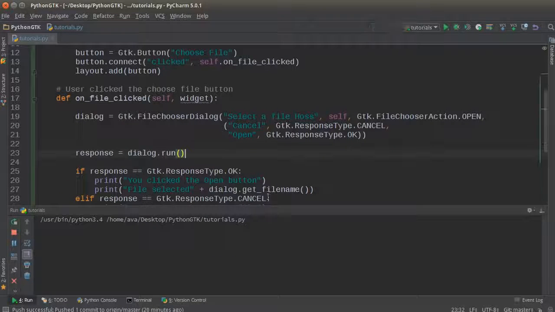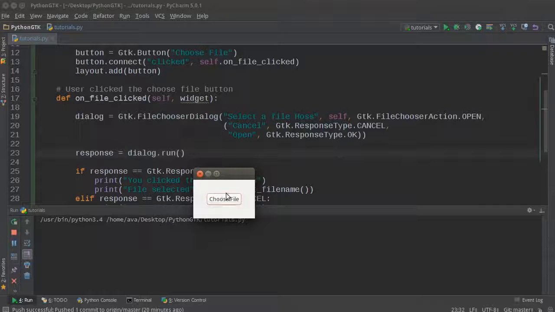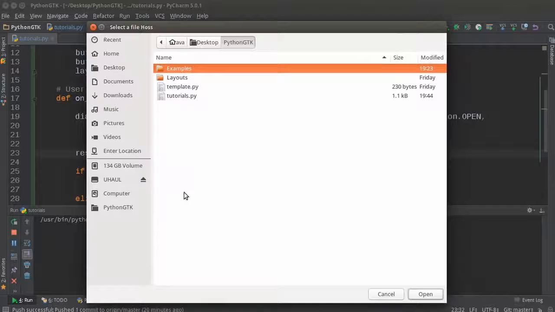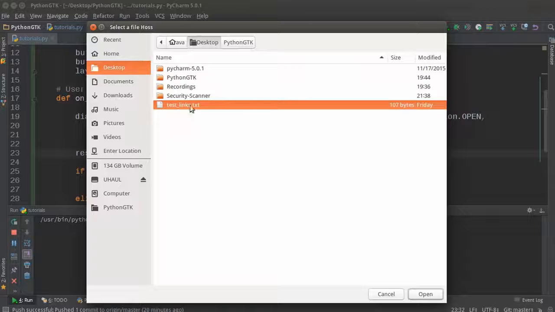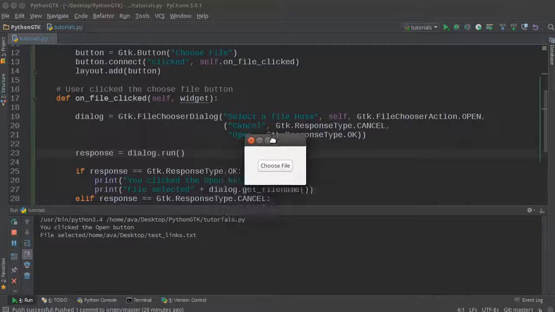So now let's go ahead and run this. Alright, so look at our awesome looking program right now. I'm going to choose a file, and then this dialog pops up. Now remember, all of this functionality is already built into your core operating system. So now I can just go to desktop, whatever, and I can either just select this and hit open. And then you can see right here, you clicked the open button, file selected, and it gives you the path